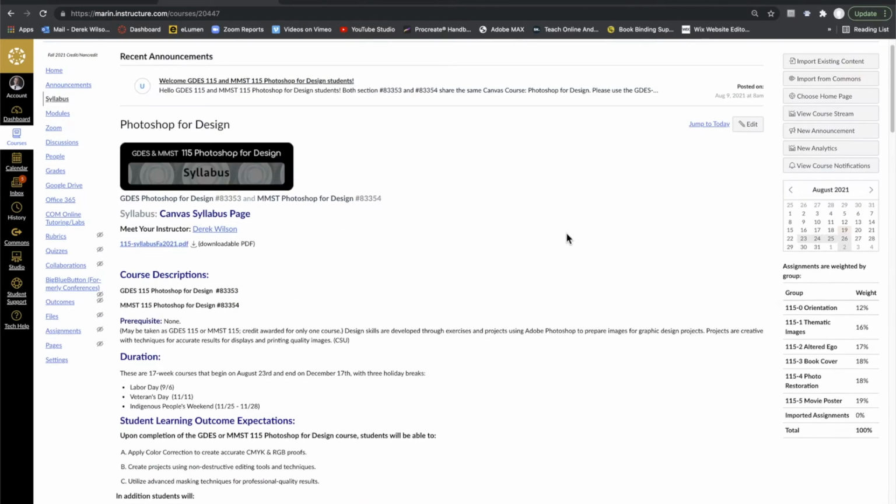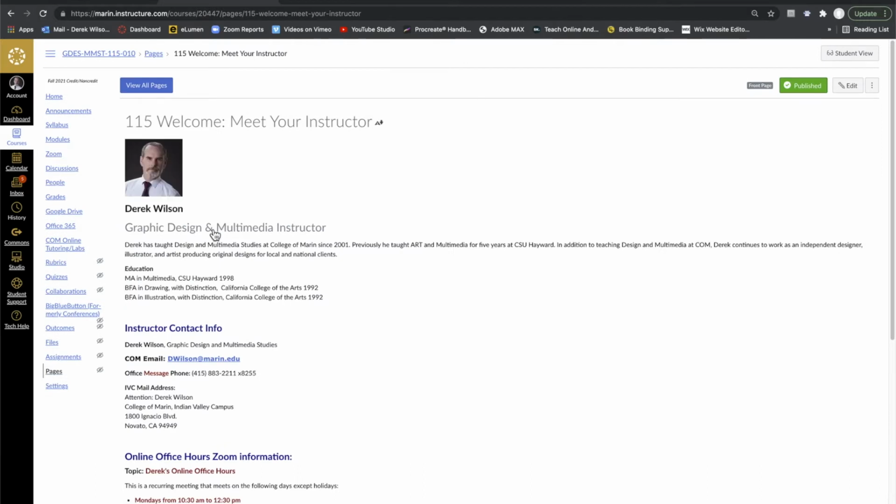If we go back up to the top, there's a PDF of the syllabus that you can download and print if that's helpful. And then also meet your instructor with a link. So if I click on the instructor's name, you can see it jumps to the Welcome Meet Your Instructor page, which has all my contact information. It has my regular College of Marin email,